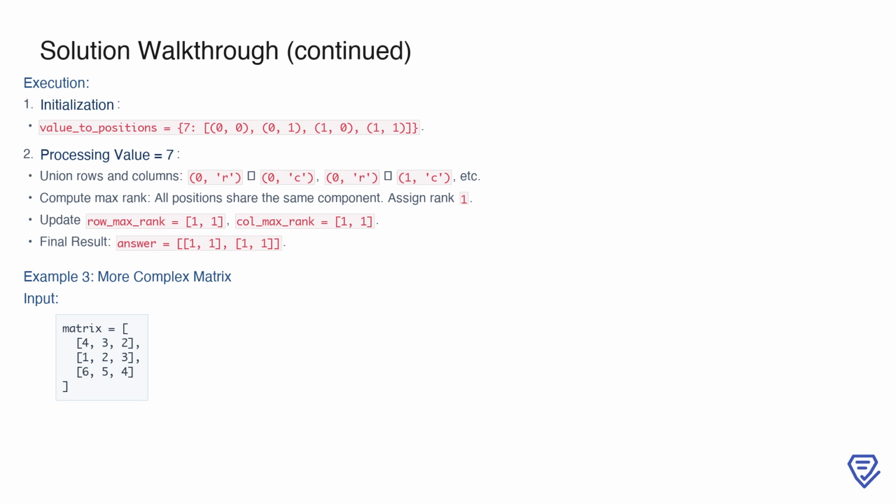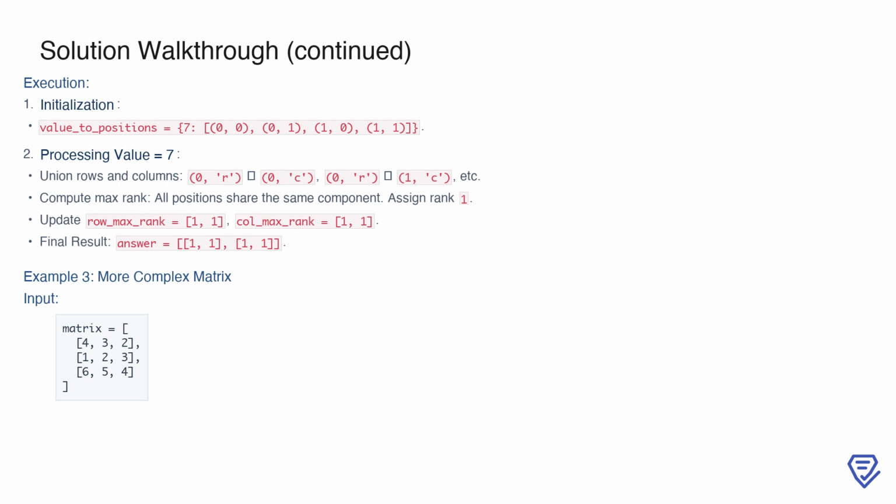For instance, the row component R0 is unioned with the column components C0 and C1, and similarly for the other rows. Since all positions share the same component, they are assigned the same rank, which is 1. The row and column maximum ranks are updated to 1, 1 for both, and the final matrix becomes 1, 1, 1, 1. This demonstrates how union find efficiently handles cases where values are repetitive, ensuring that all connected components properly